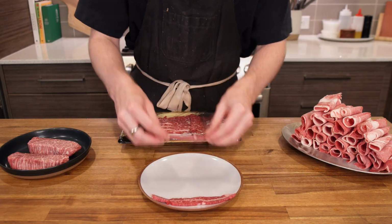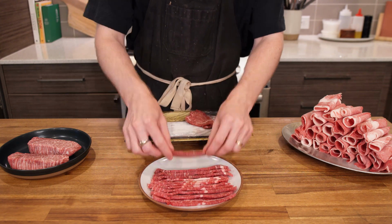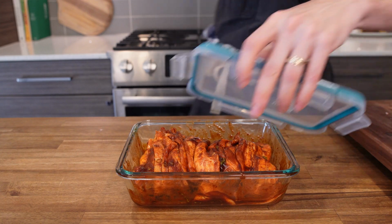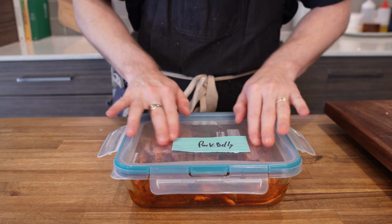The flank steak is gonna be the thing that I cook first, so be sure to have that ready to go. You could easily get a ribeye or your own flank and cut it yourself to choose your thickness, but this is just easy, and if you're gonna really want to actually do this and get into it, ease is an important factor. For the beautiful, spicy pork belly, we're gonna use an adjusted version of my previous pork